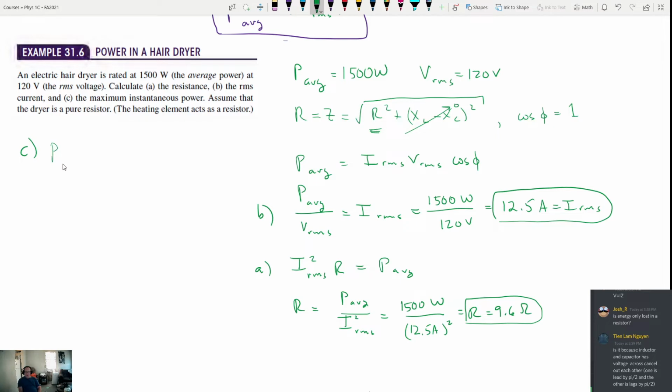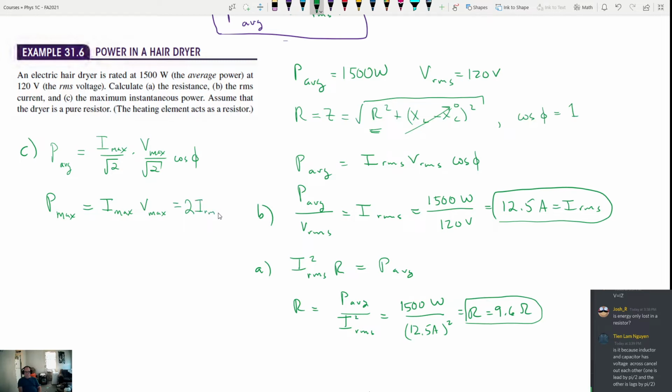Because if average power is I max over 2 times V max over 2 times cosine phi, over root 2, then I would think that the max power, it's pretty simple. The max power is just going to be 2 times the average power, because I think it's just going to be I max times V max, which should be equal to 2 times